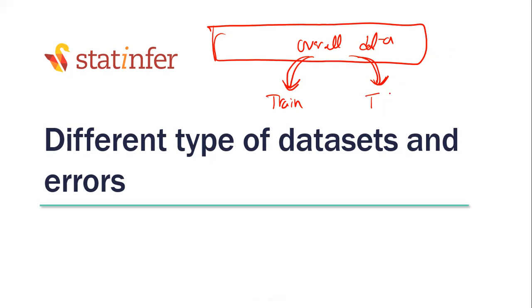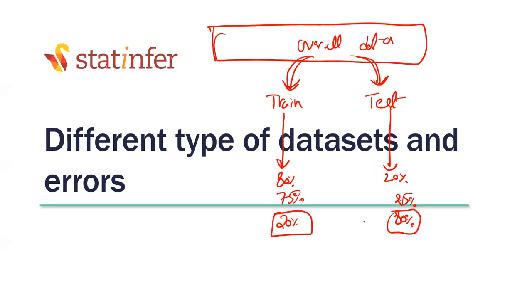Usually, what is the split that we take? 80%, 20%. So usually we take 80% train, 20% test. Is it okay if I take 75-25? Yes, that is also fine. Is it okay if I take train data as 20%, test data as 80%? No, sir. No, that is not okay. Why is it not okay? Because in this case, the model will not be able to learn the pattern properly. Because you have 100 records, and how many records are we using for learning the patterns? Only 20. Is it a good idea? Is it a good idea to take 50-50?